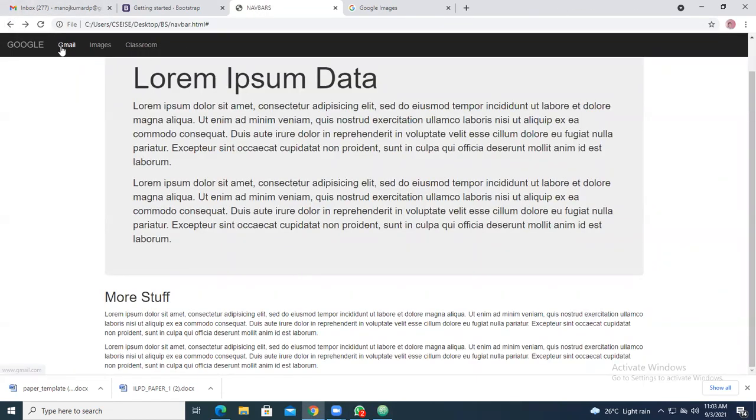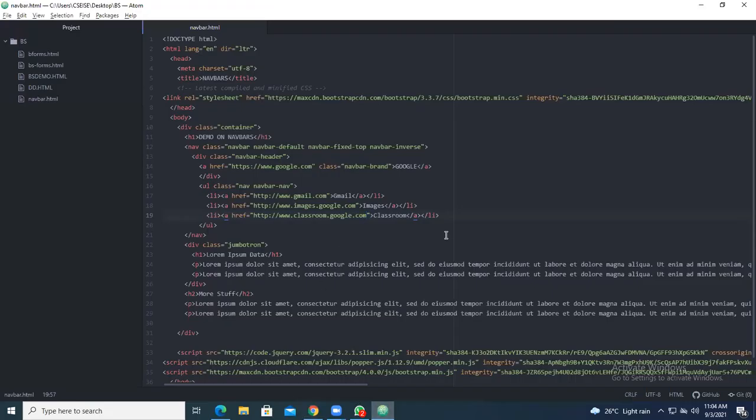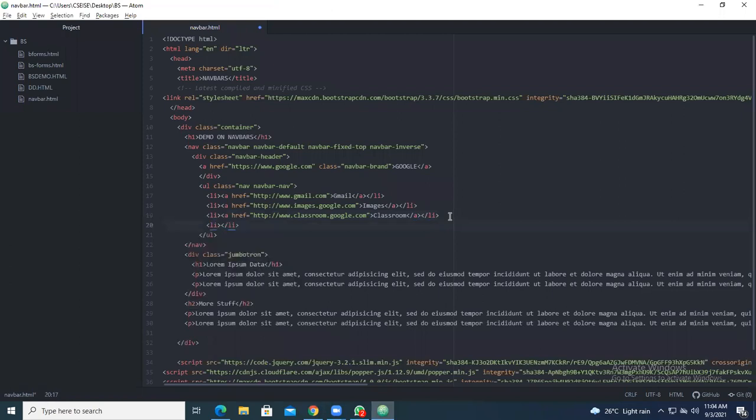This is only the creation of the navbar. When you click on that, it is not showing each and every item here. You are just creating Gmail, images, classrooms. Or you can even take Google Scholar. If you want Google Scholar, take a list, take elements.